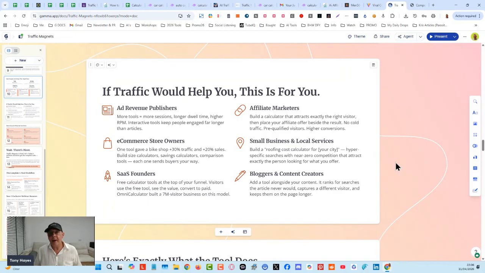It doesn't matter if you are doing affiliate marketing or you want to do the display ad publishing, where you can get money from AdSense and Mediavine and platforms like that. Okay, if you're doing e-com, it can work really well for that as well, for putting your e-com products. If you're doing it for small businesses, lots of people are searching for things, especially finance, loans, mortgages. They're looking for insurance calculators, loans calculators, all that kind of stuff. There's tons and tons, thousands of searches, and many of them, thousands of them, are very easy to rank for.